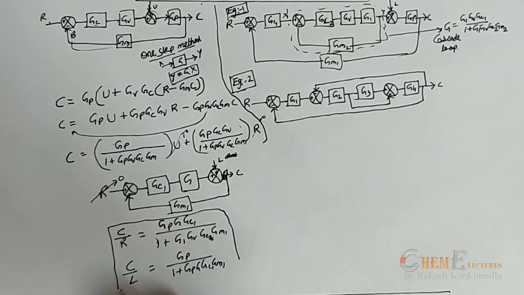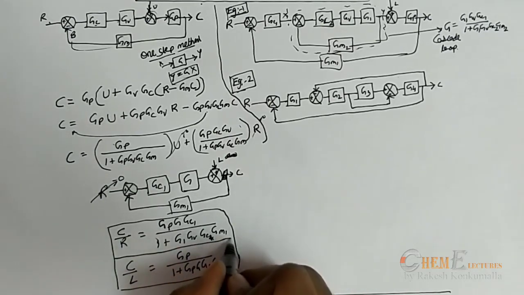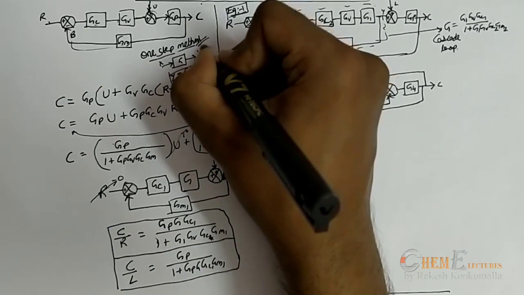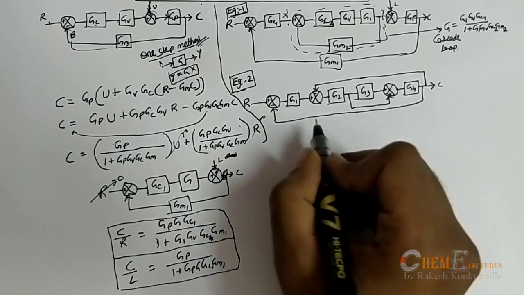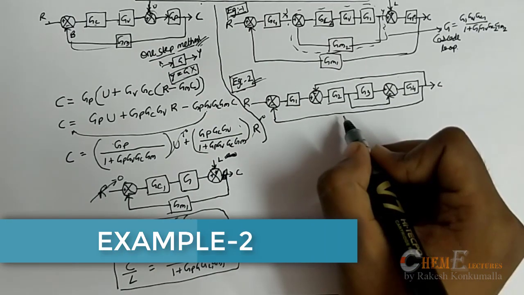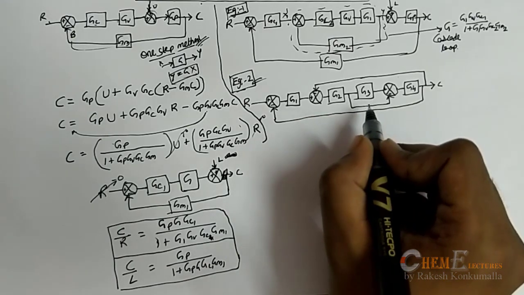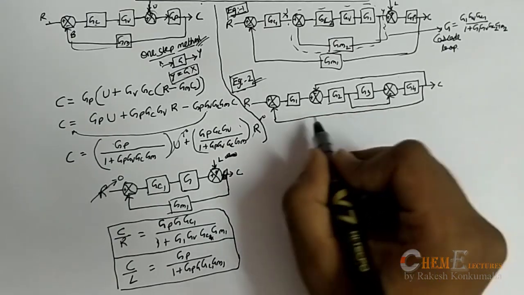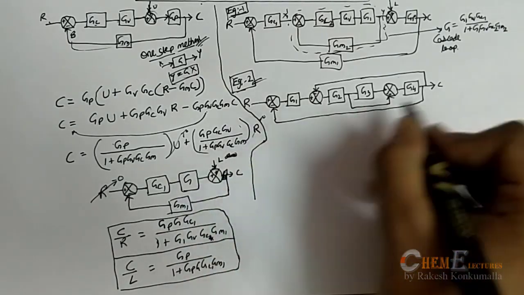Now when you have a simple feedback control system, you can apply the generalization method, and within one step you can find it out. And if there are any further complex control loops, then you can use this one step method rather than writing each and every equation, reducing and again simplifying it. In one step you can find. So let me take another example which has a control loop in a complex manner, and it doesn't have any proper simplified feedback control system. So now to develop a transfer function for this loop, let me take this one step method.